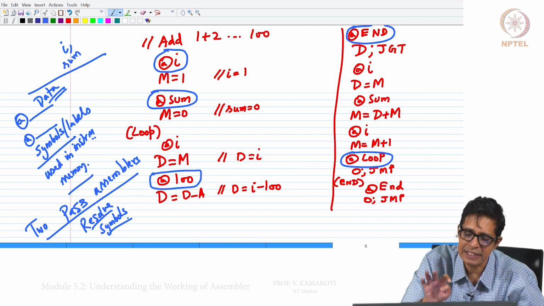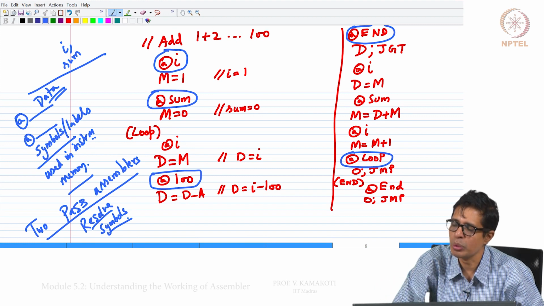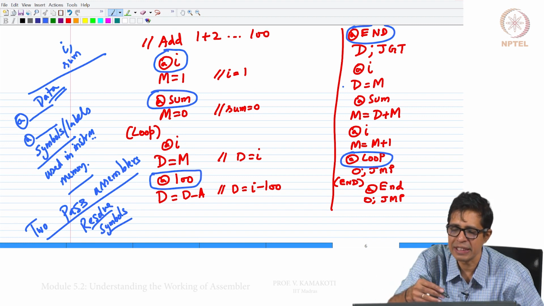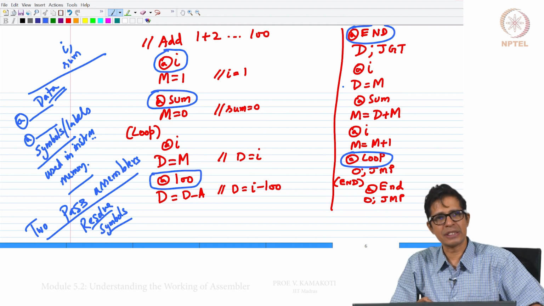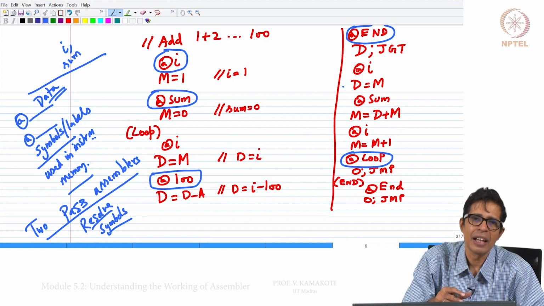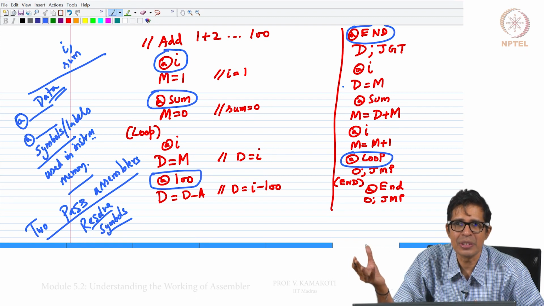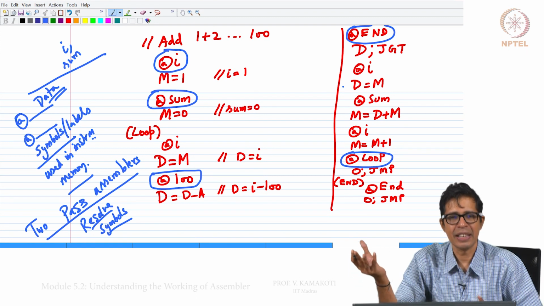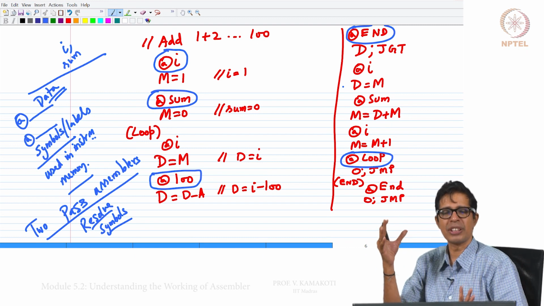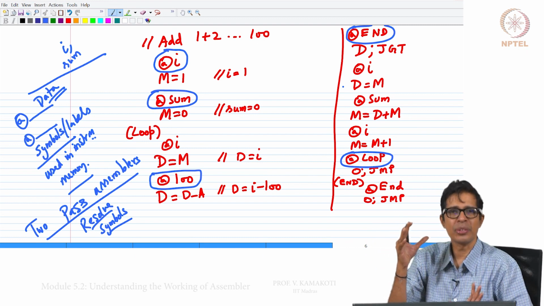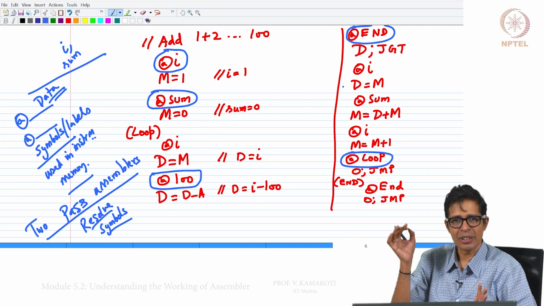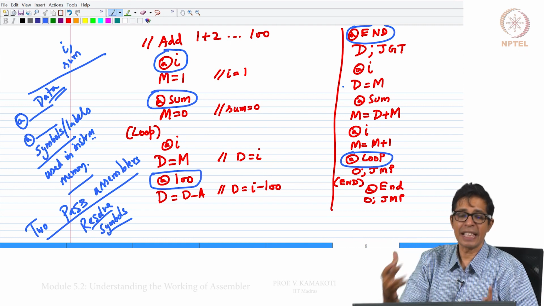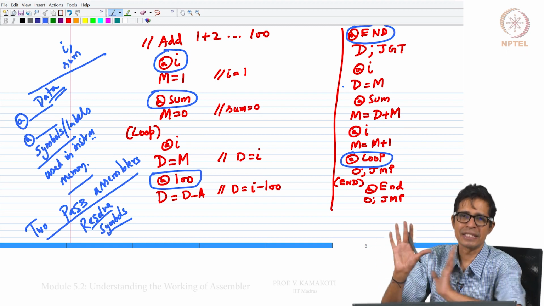For example, I, sum, end, loop, all these things you are seeing in this particular code, I need to replace with a constant. Then only I can convert it into the corresponding A instruction. So, the first pass of the assembler is to replace these symbols with constant values, so that in the second pass it generates the binary.